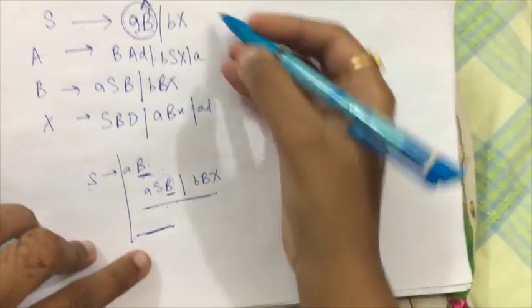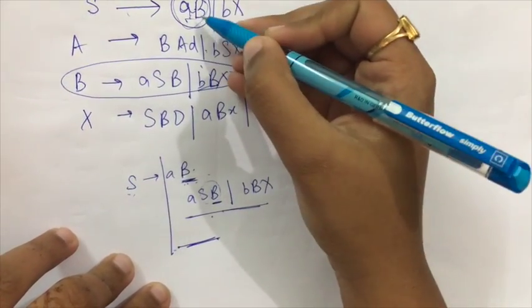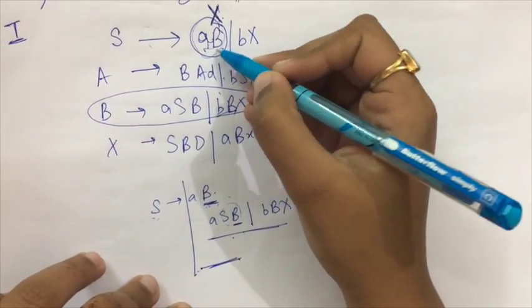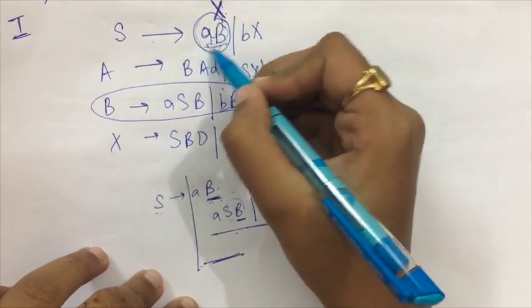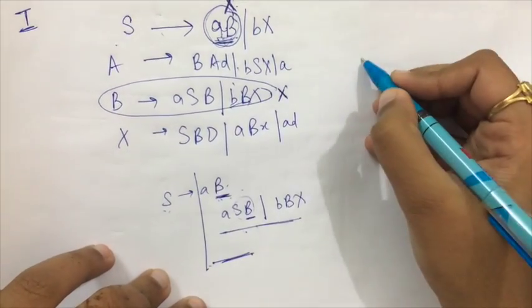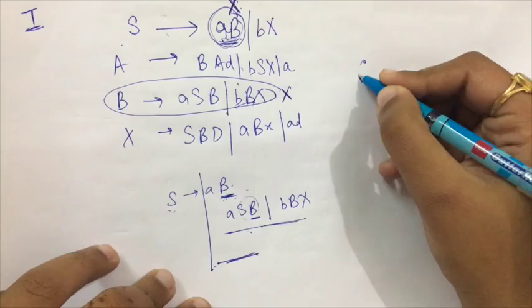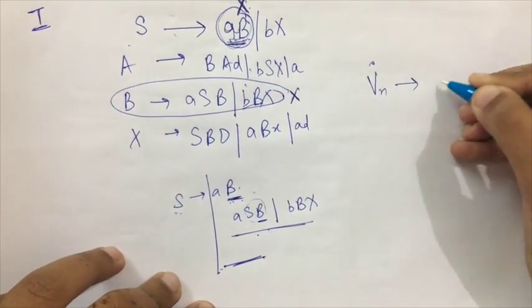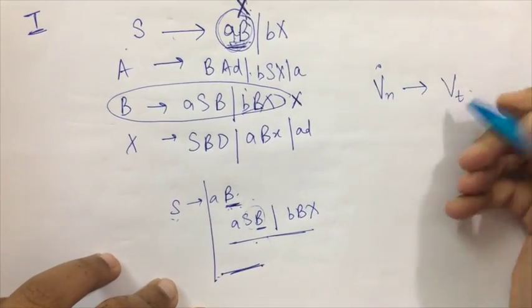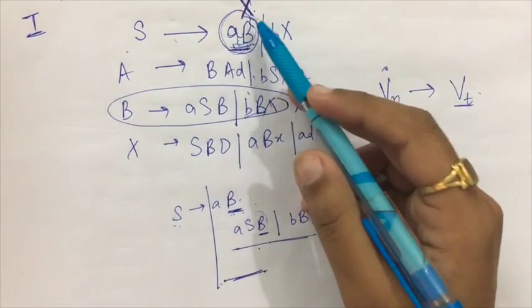Okay, so overall this becomes a useless symbol, because of which I have to remove this from my CFG. Now you understood, because using this production rule S gives me AB, I will never be able to end up with a set of terminals. I need non-terminals here, right? This should give me a set of terminals over here. So I will not be able to end up with a set of terminals using B. Okay, so I cross this.